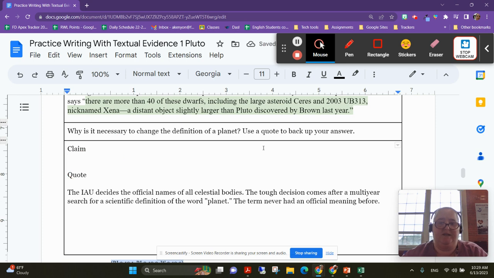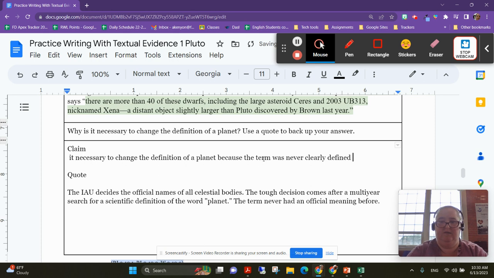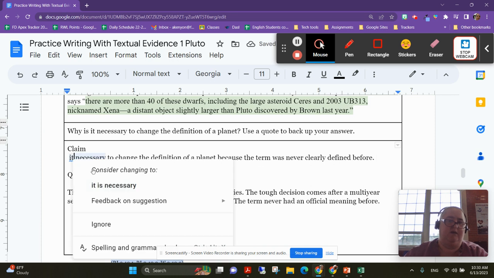Okay, so now I need to make my claim. Usually I like to find my quote before I make my claim because I'm looking up there for the answer anyway. So I can come up here and say, it is necessary to change the definition of planet. And I am super lazy. I don't like to type on the screen. So I will copy and paste because the term was never clearly defined to begin with. So there we go. I now have my claim,